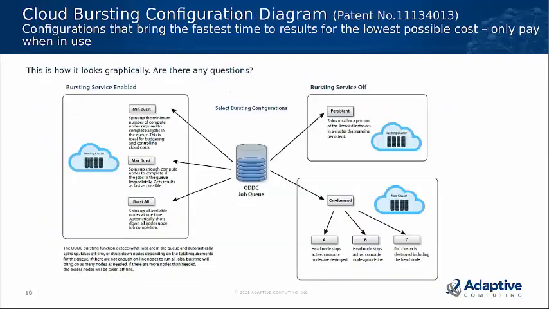Now, if you look at the bursting from a diagram point of view, note at the top where it says cloud bursting configuration diagram, there's a patent number. Our CEO recently received the patent on bursting functionality for On-Demand Data Center. In this slide, you'll notice on the left-hand side, we're talking about minimum, maximum, burst all, and a persistent cluster. And I mentioned the on-demand option, where you could just have a quick